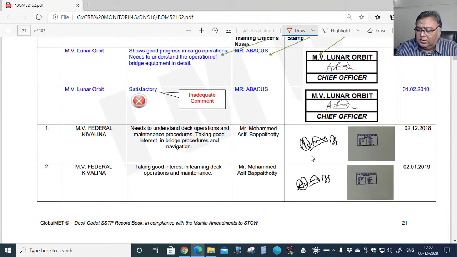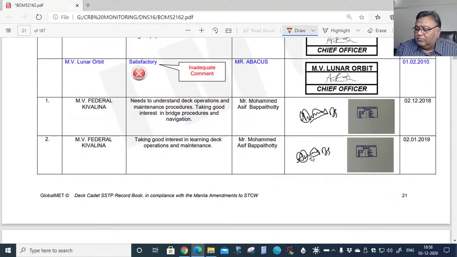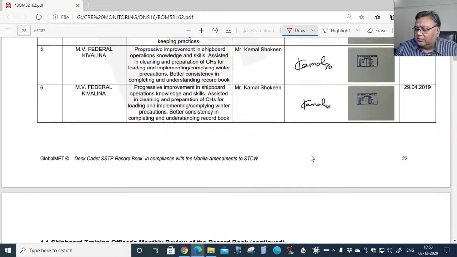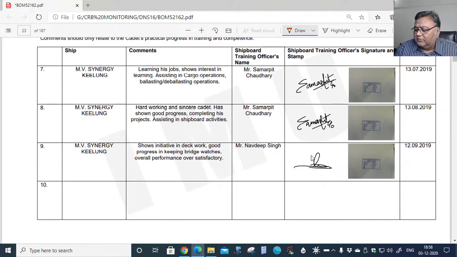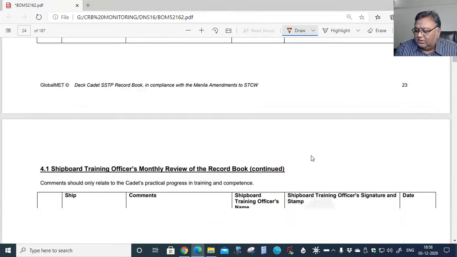Then we have section 4.1 about shipboard training officer's remarks. You must take these remarks every month. So this cadet has taken the signature every month. This is August, this is September, this is July, and so on. Plus the ship's stamp, you need to attach the ship's stamp as well.